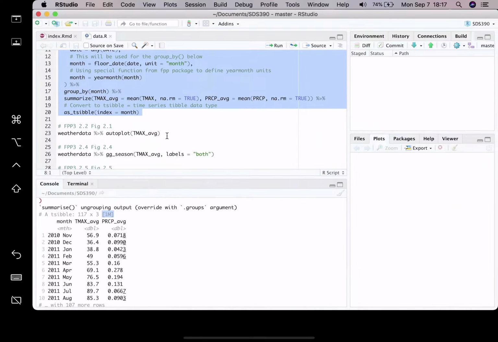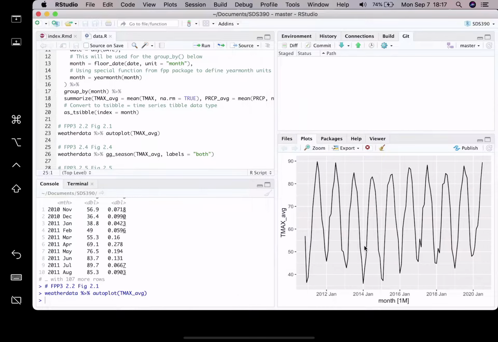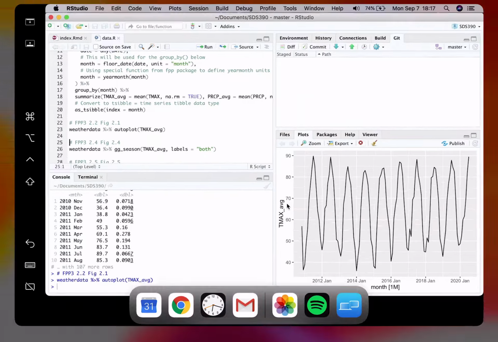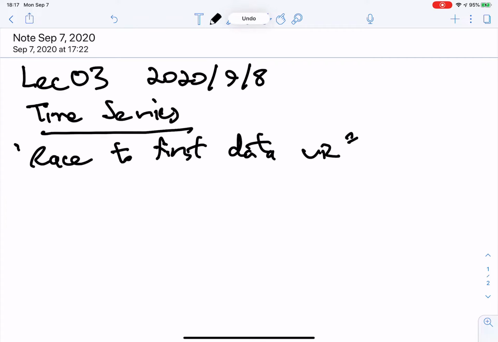The first data viz we have is, after we've converted our data frame into a TS-IBL data frame, we use the autoplot function. There we go. What do we have? We have the monthly average T max temperature. Oof, I should really label my plots. But let's go back over here to our notability. What we have here is number 1,